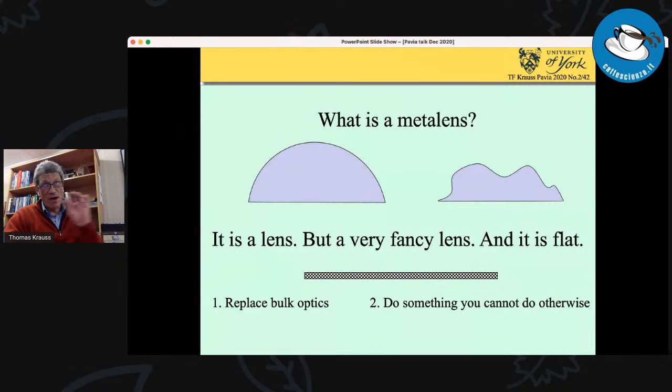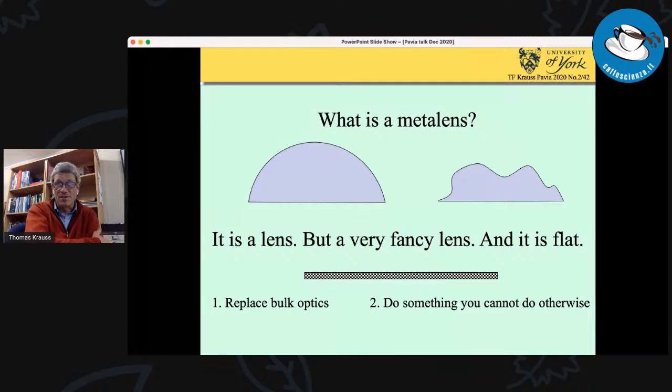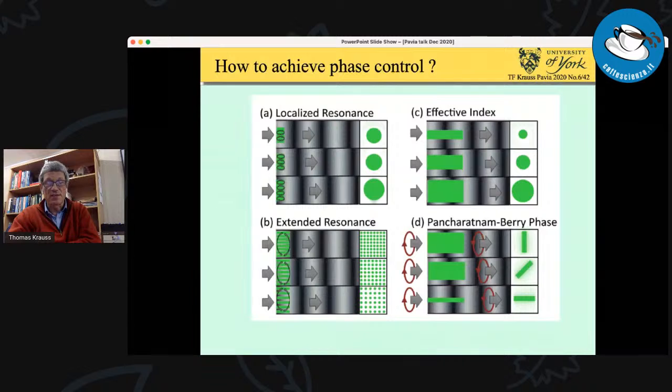Now, as I said, when you do this, you want to create an arbitrary phase distribution. So you need a very thin film to control phase. In this picture, I've got this mountain on the right where you have the arbitrary phase provided by the different thickness of glass. Now, as I said, we don't want to do this. We want a planar structure. So we need to control the phase in another way. And that's the point of the next slide.